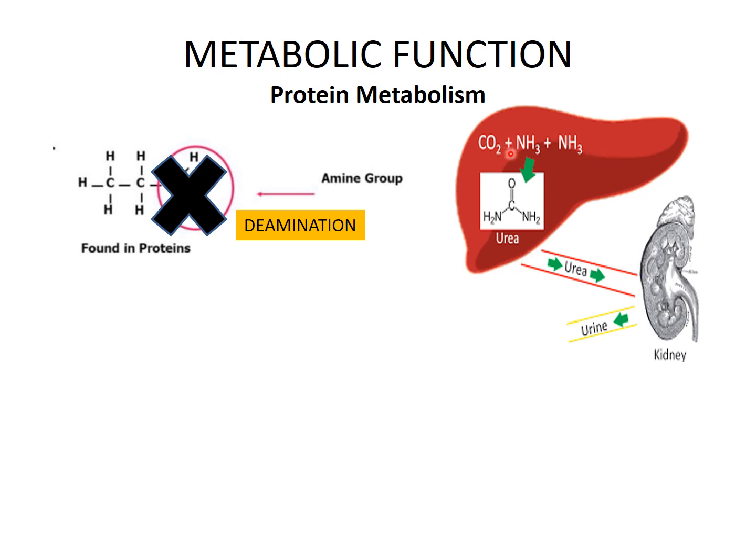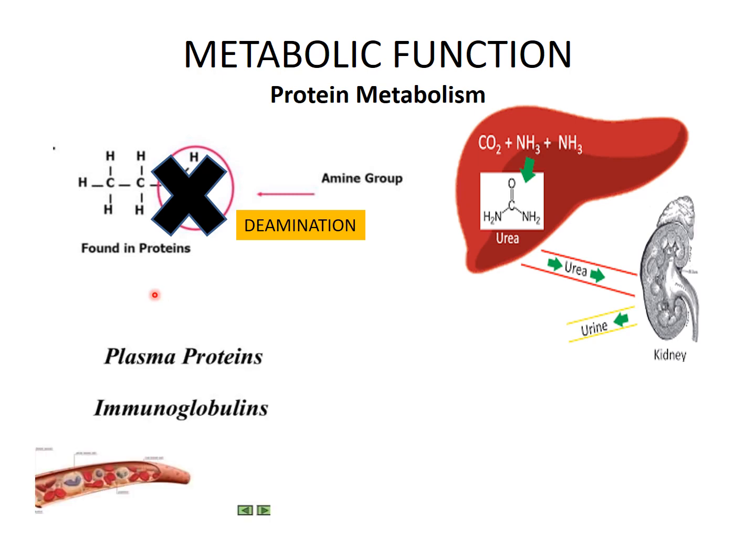The second is the synthesis of urea. Ammonia is a toxic gas and needs to be converted into urea. This urea is finally secreted out by the kidney, the liver being the important site for urea formation. Next, we also know that the liver is responsible for the formation of certain other proteins, and the proteins you can think of which are essential are transport proteins.